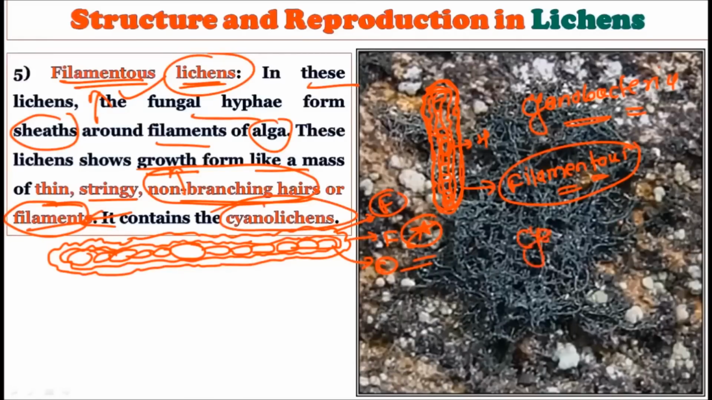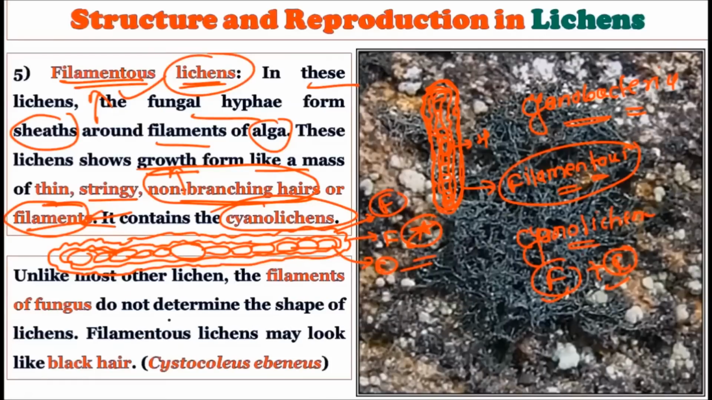Now when we use the term cyanolichens, that means the lichens which are formed using cyanobacteria. Here is the combination of fungi plus cyanobacteria, and not the algae. So when fungi and cyanobacteria come together, they form the filamentous lichens. Very important. Now consider, unlike most other lichens, the filaments of the fungi do not determine the shape of the